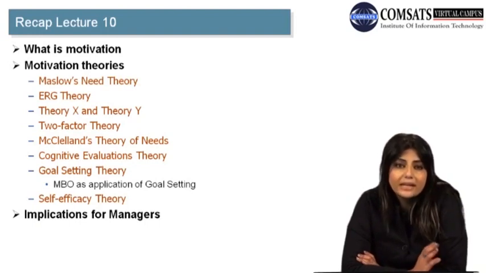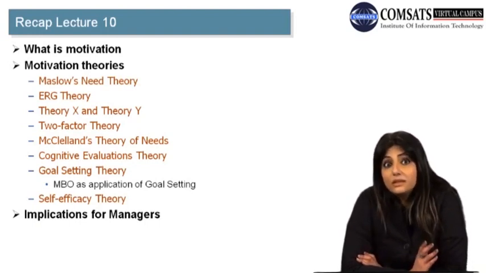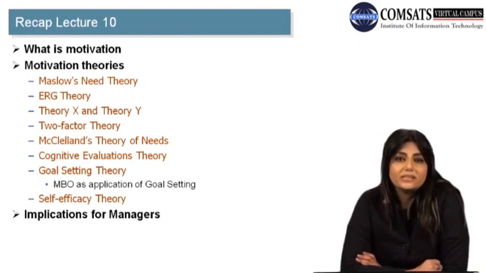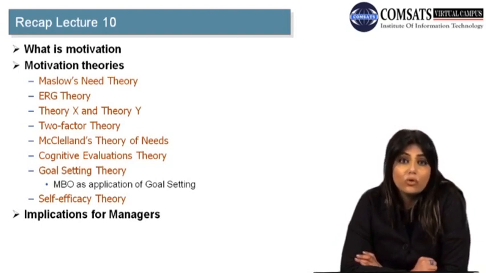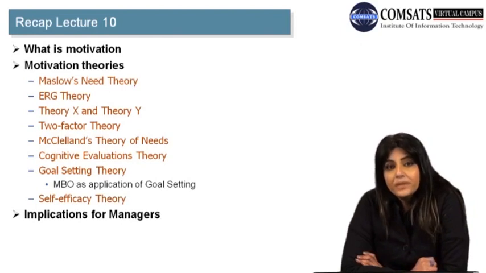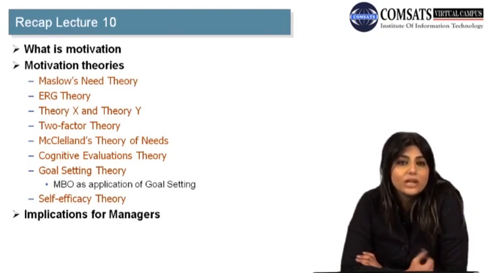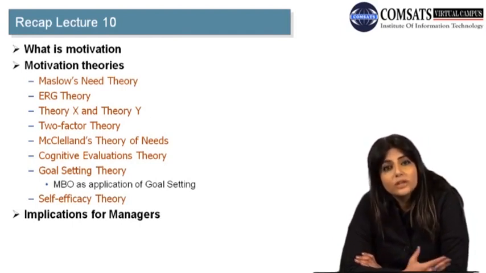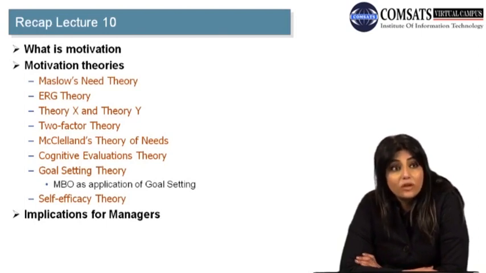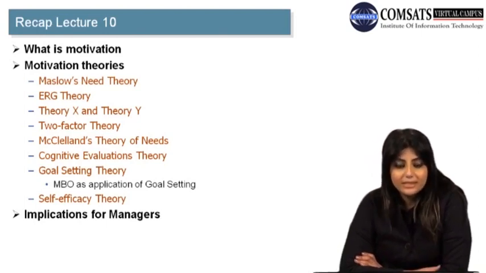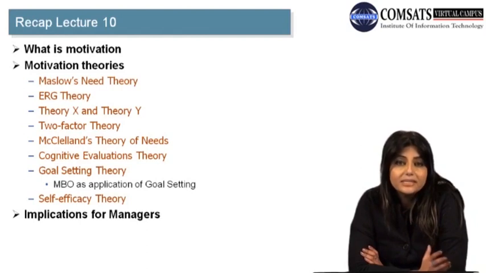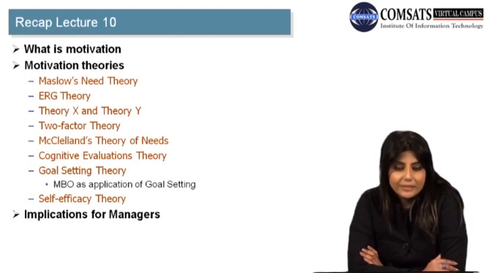So it does not say that these needs cannot go on mutually, or cannot be followed simultaneously. The theory says that an individual can follow all these 3 needs simultaneously. So maybe at the same time he's trying for shelter or food, and at the same time he's also trying to self-actualize. He's also trying to realize his real objectives in his career or for his growth. But again, empirically this theory has also not been tested, and it has also not been validated.